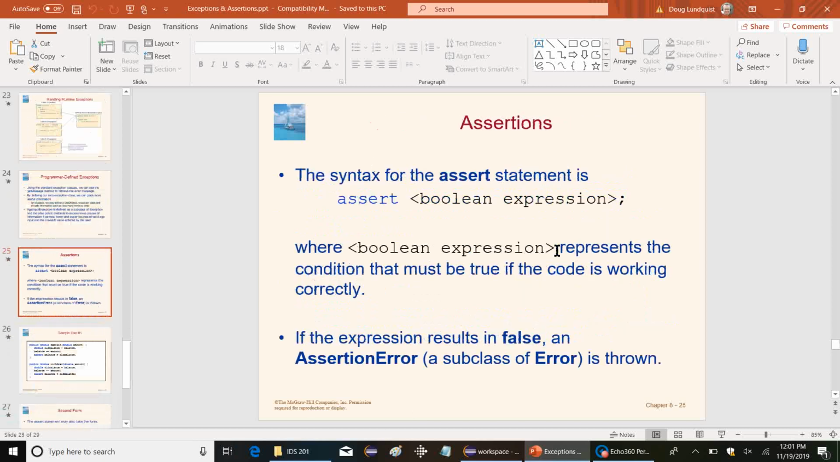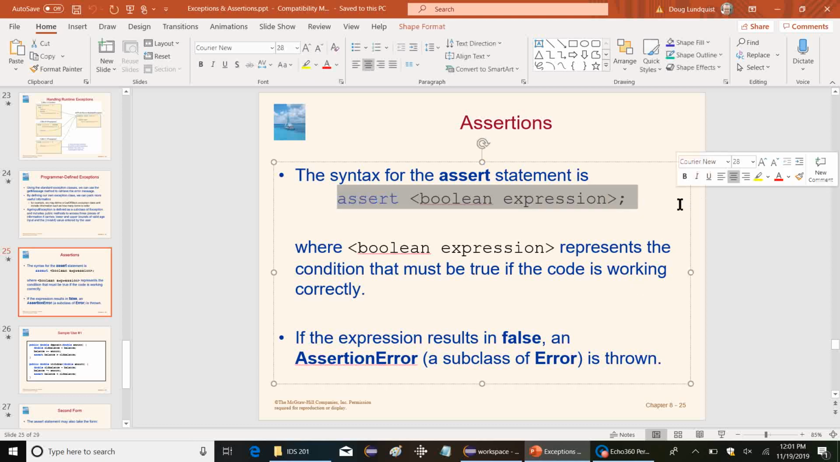Okay, assertions. Assertions are basically a way of testing that your program is running correctly, the way it should be. The basic syntax for it is assert and then some Boolean expression. This Boolean expression is either going to be true if the code is working correctly or false if there is some kind of serious failure. And if this assertion statement results in false, it's automatically going to throw an assertion error, which is basically an error, but it works the same way as an exception does with